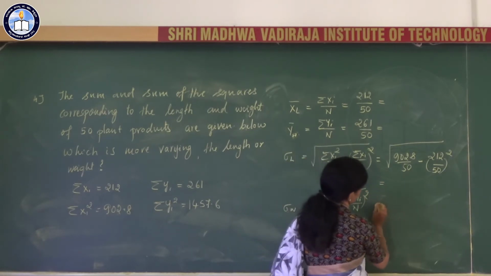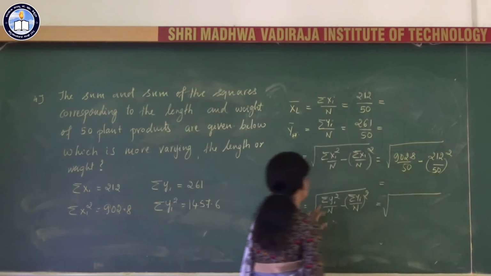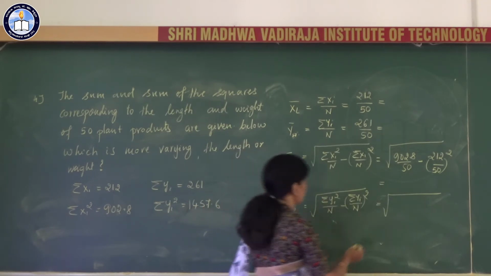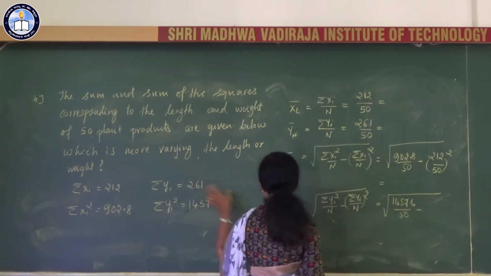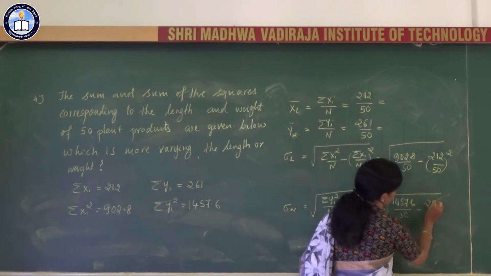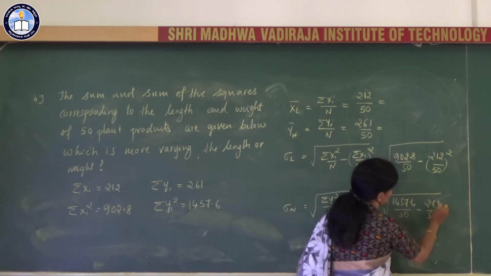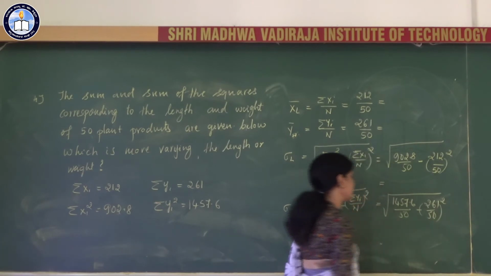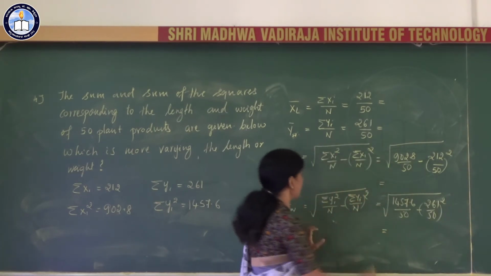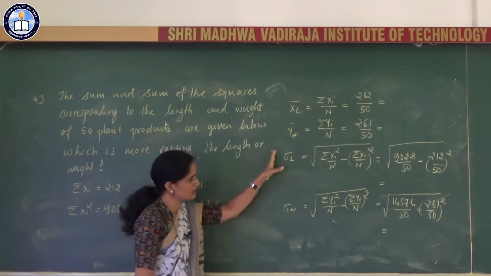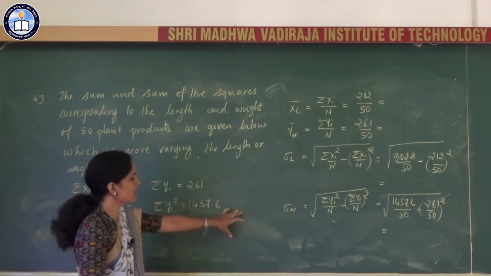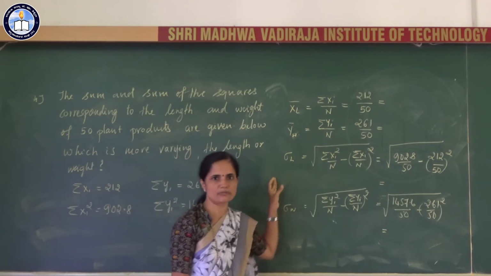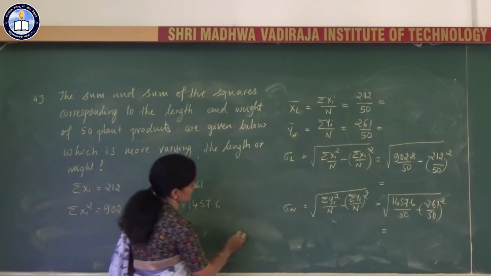So that's equal to root of sigma yi square, which is given as 1457.6, divided by 50 minus the mean, 261 divided by 50 whole square. So calculate the values of standard deviation of length and weight. After getting the standard deviation of length and weight, then you must calculate the CV